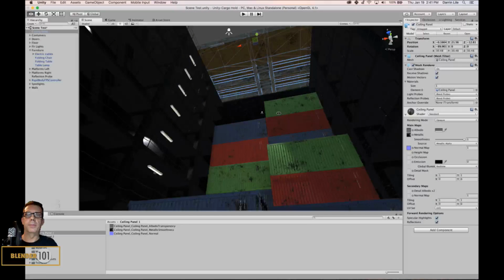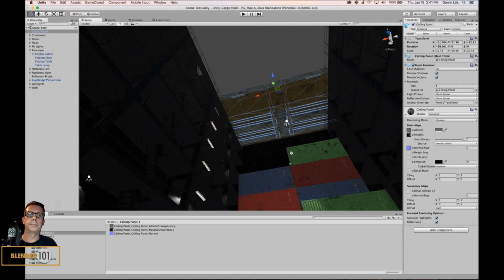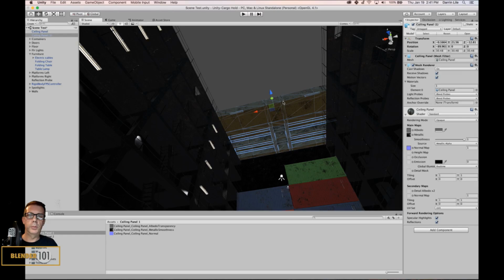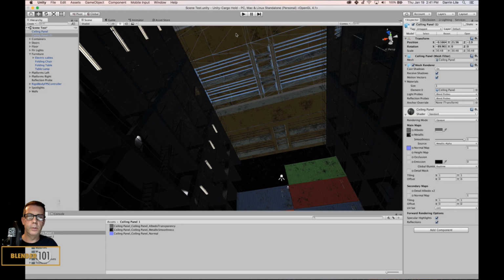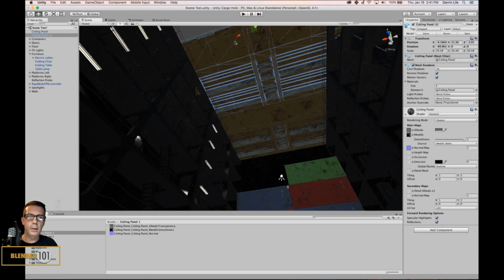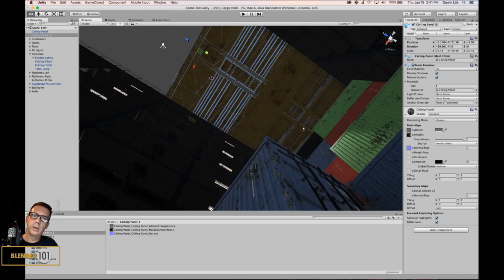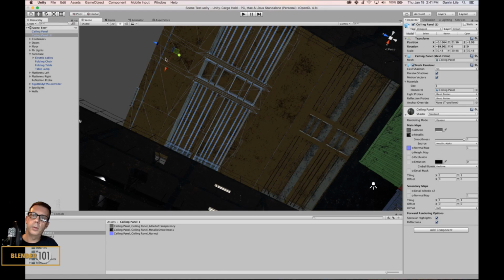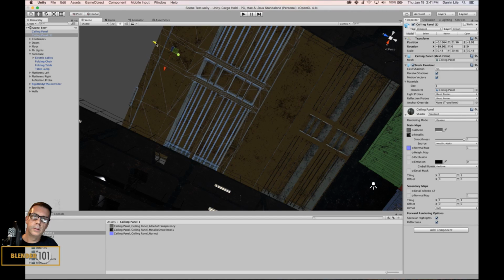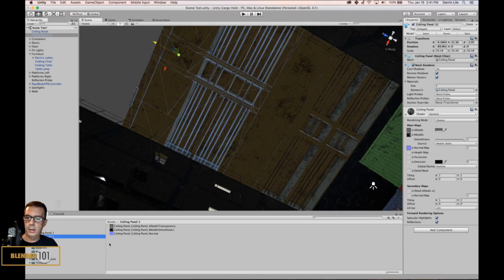Look at it from down here. Duplicate it. Let's move it forward. And for this one, what I could do, get it right up against there. What I could do is change the textures to ceiling panel 2